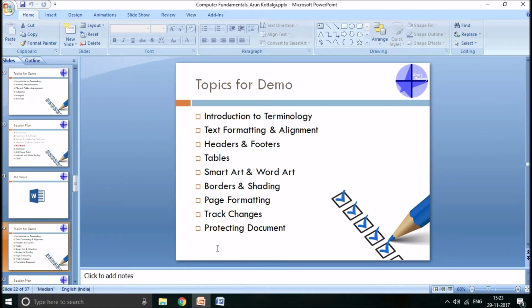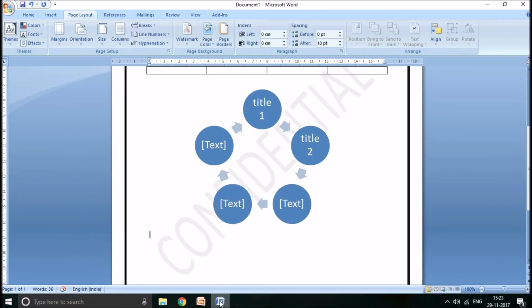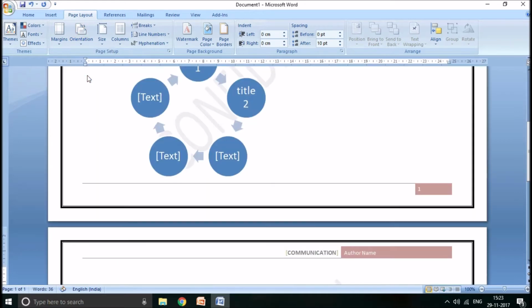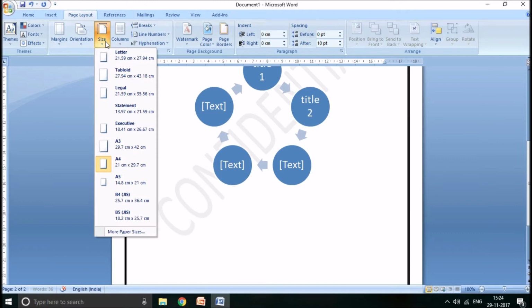Okay, now let me quickly come back to the session plan. Next is page formatting. Alright, so what if you don't want to create your document in A4 size sheet, you want something else? Again in the page layout there is something called page setup group. Here you can select the orientation. Right now it is portrait, you can select a landscape orientation also, right? Or even you can select the size of the paper. By default it is selected as A4.